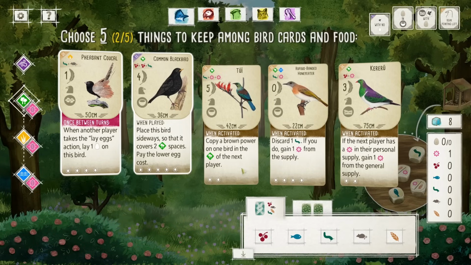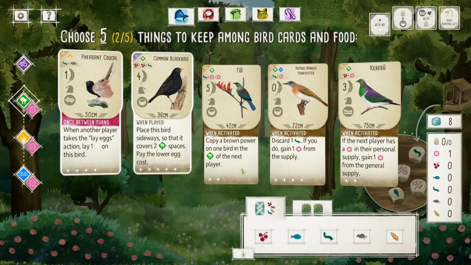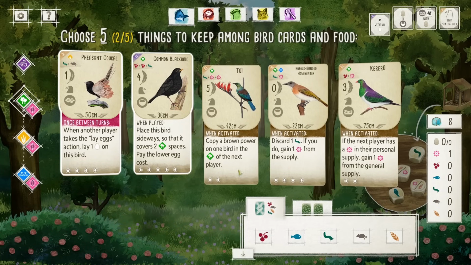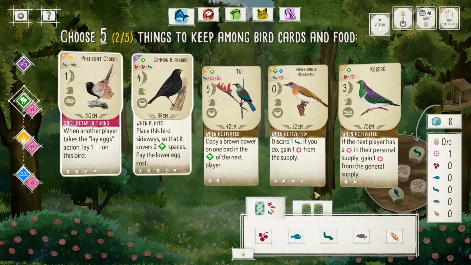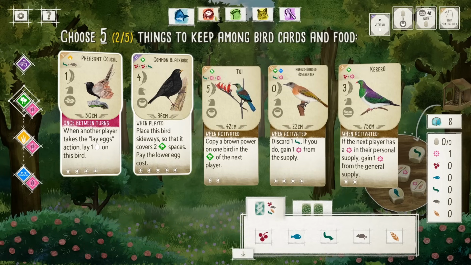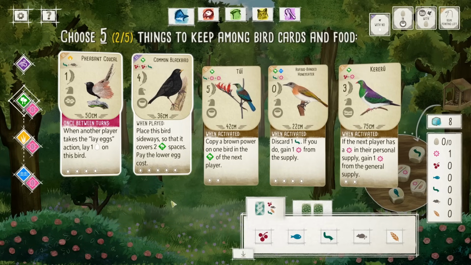The tui would be interesting. Copy a brown power on one bird in the forest next to them. I love the idea of it. And then there's the rufous-banded honeyeater, which lets me upcycle worms into nectar. And then there's the karoo, which I think is also kind of nice, because effectively it lets me yoink nectar potentially from these players. But I think I want to set up